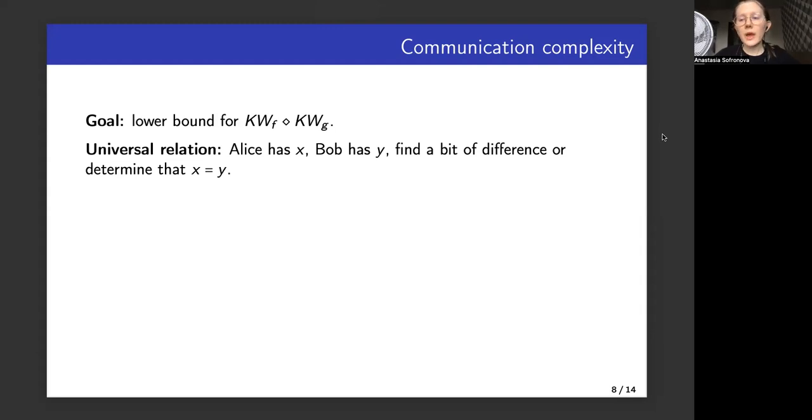Now, here we don't have any promise that is related to some function f, and lower bounds for this relation are not connected to any formula depth lower bounds. But researching lower bounds concerning the universal relation can be seen as a stepping stone for our ultimate goal.